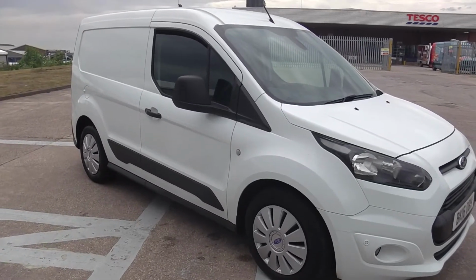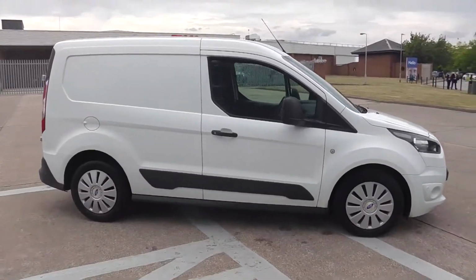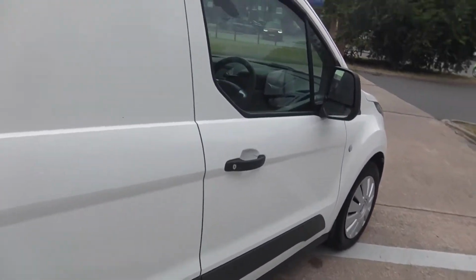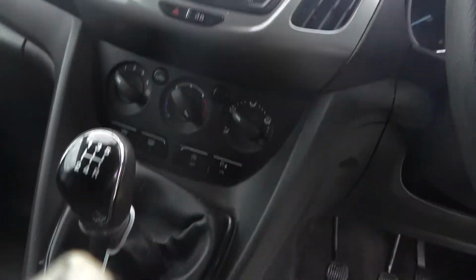Here we have our Ford Connect short wheelbase Trend. It's a one owner van, full service history. It's fully loaded, which means it's got DAB radio. It's got 3 seats. It's got air conditioning. It's got